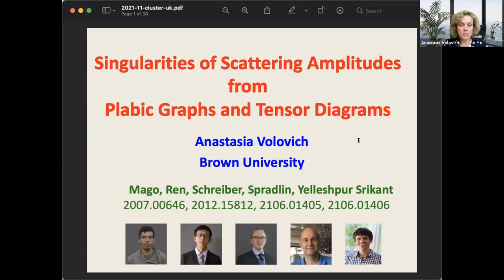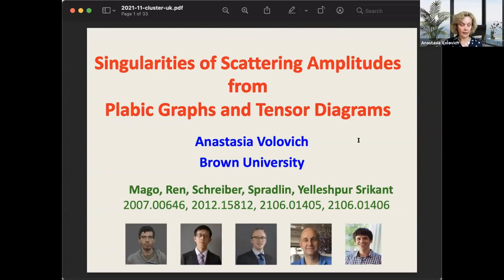Now, the focus of my talk today will be on the singularities structure of scattering amplitudes. And I will present some results from physics of what's known about these singularities. And then I'll try to explain several mathematical constructions of how to get this set of singularities from Plabic